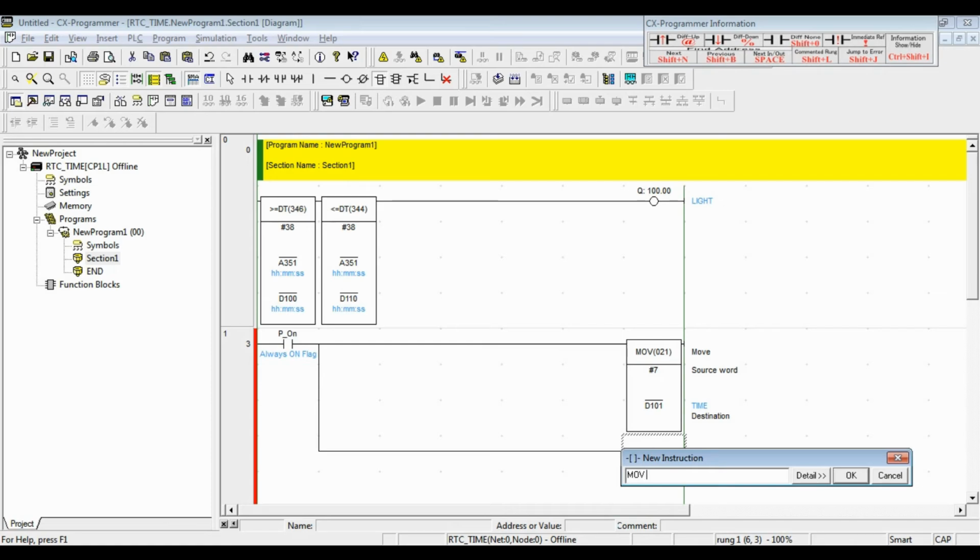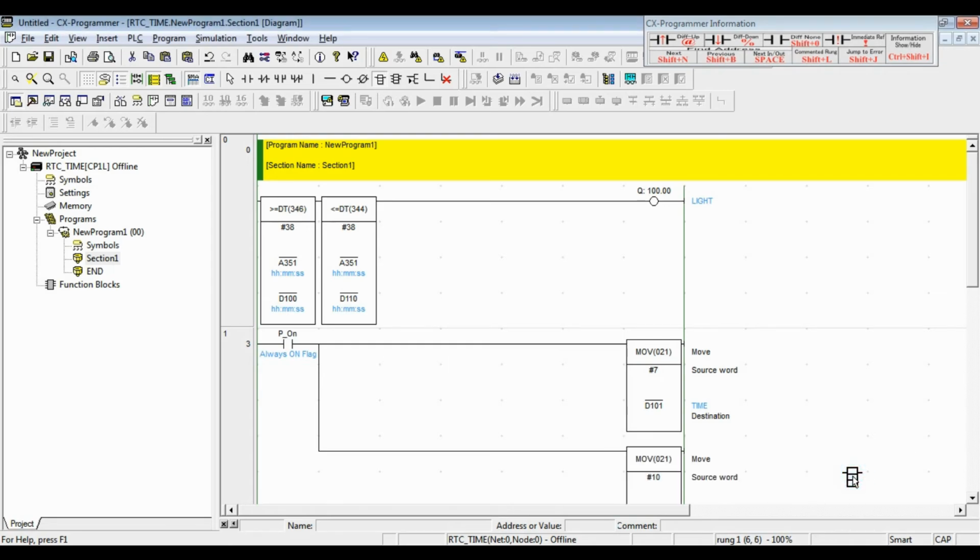MOV space state 10 space D111. So I click OK. Comment time. Click OK. Now I minimize the display of the program.